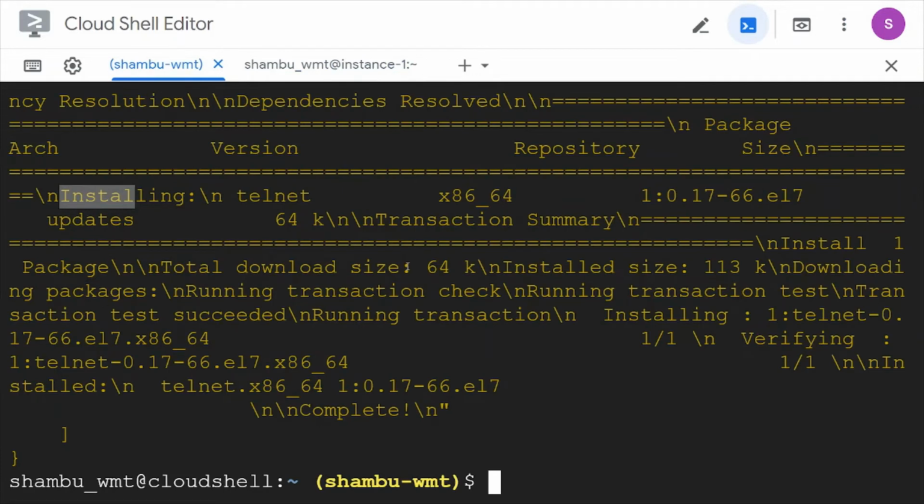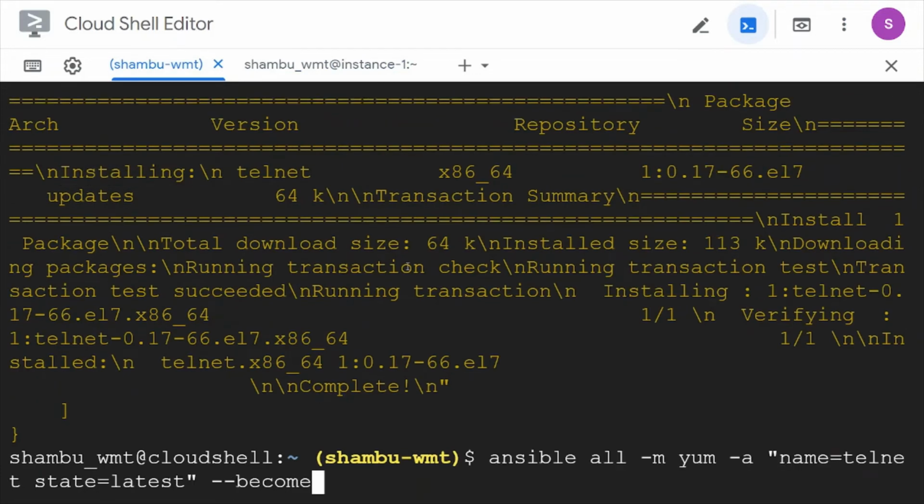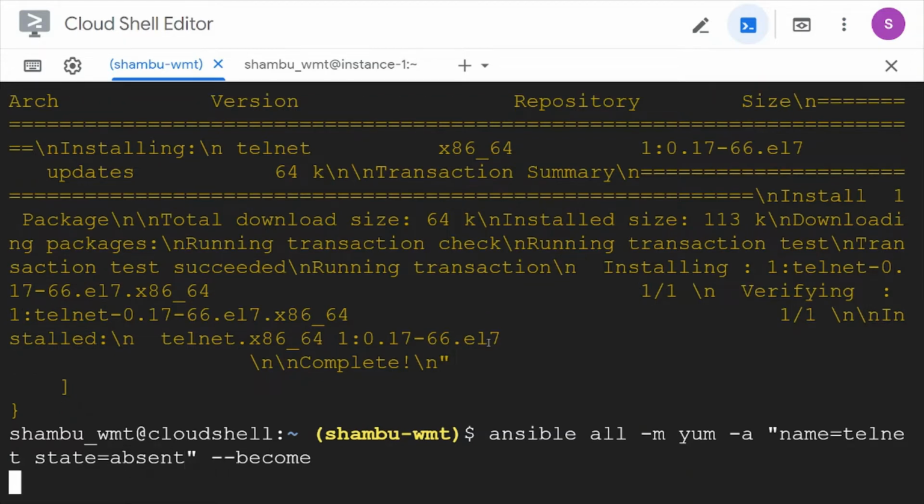Now if I want to uninstall this particular command using the same package, I can just specify absent, then run.